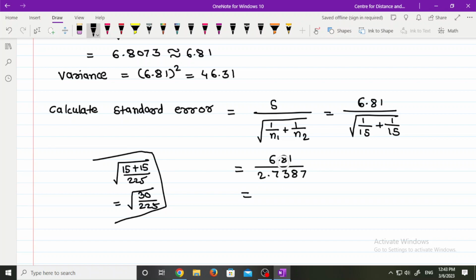And when we divide 6.81 by 2.7387, we get 2.48. Then we calculate t, and the formula for t is